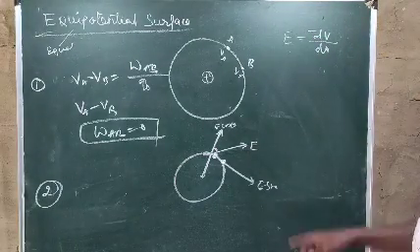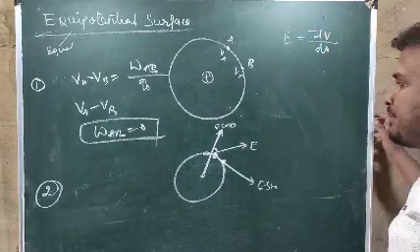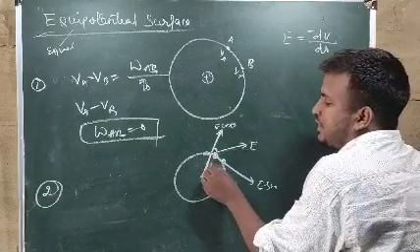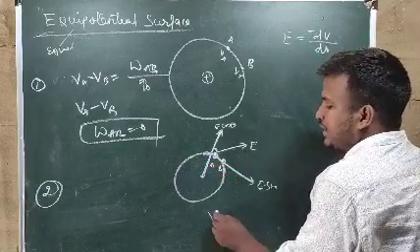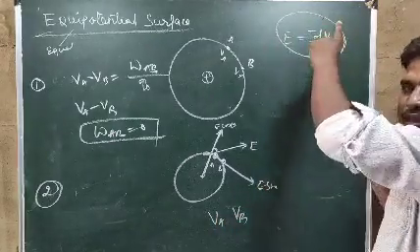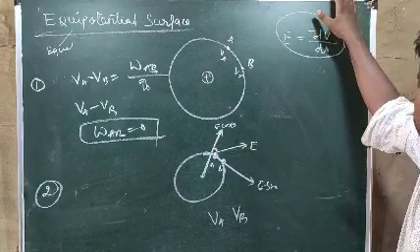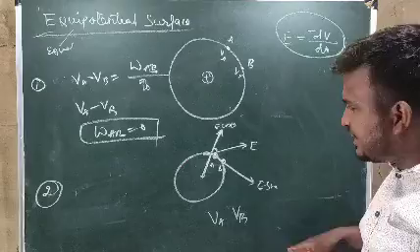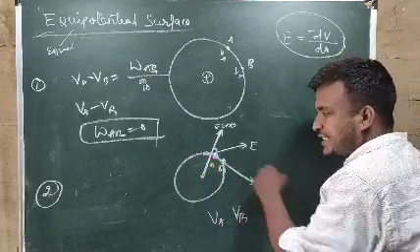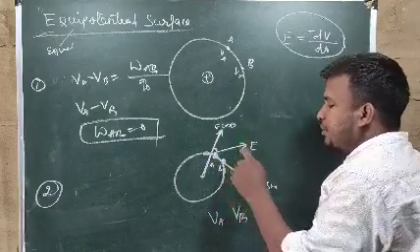So it tells us that the electric field is in the direction where potential decreases. That means potential decreases from this point to this point. So if this point is A and this point is B, the potential at A will be greater than the potential at B, because this formula tells us that. I'll tell you this one later on. This formula tells us that electric field is in the direction where potential decreases. Now if electric field is there along the surface, that means potential decreases in this direction. And if potential decreases, that means the potential at A must be greater than the potential at B.